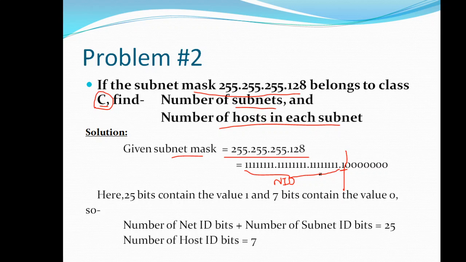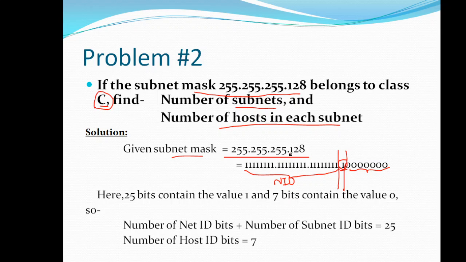Okay, so up to this it represents the network ID part, this one represents the subnet ID, and the remaining zeros represent the host ID. Okay, are you getting the point? Convert the given subnet mask into equivalent binary notation, and for class C, the default subnet mask is